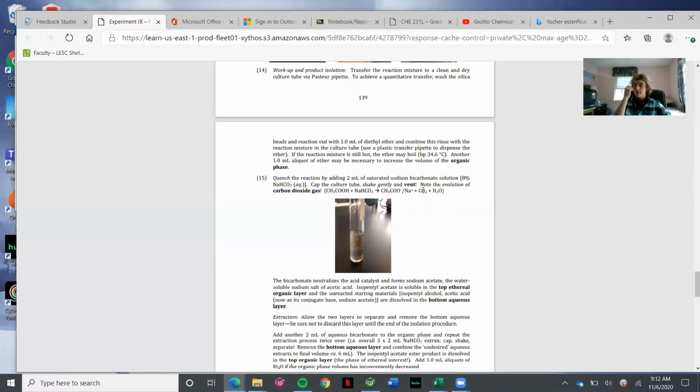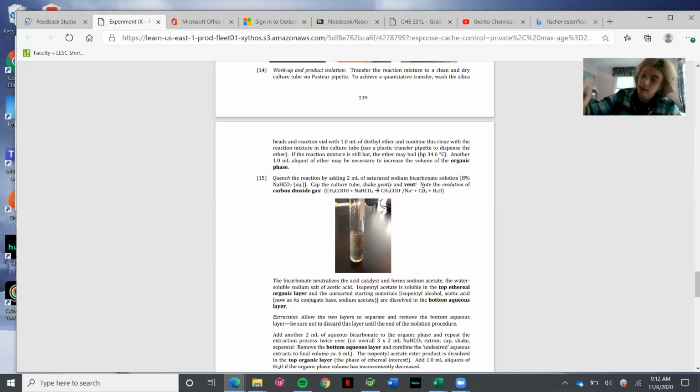Now that organic layer needs to be dried because there's microscopic bits of water that are still in there that we can't see with our eyes. Remember, we've talked about this. So we have a pipette filled with granular sodium sulfate, a drying agent, and you're going to pipette up the organic phase and pipette it through this pipette that's a packed column with this drying agent. So your liquid runs through the drying agent out the bottom of the pipette, and then use clean diethyl ether to run it through the pipette once all your product has gone through, just to wash the granulated sodium sulfate,